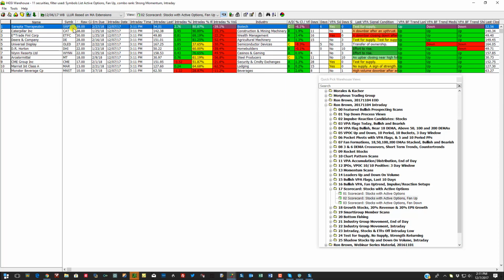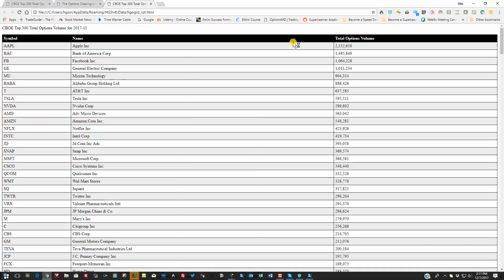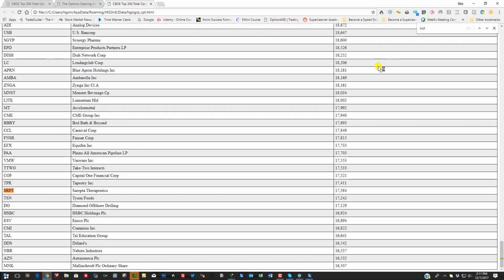So here is SRPT. I'm going to go back to this, click on here, Control Find, and it does show up in the OCC, and you can see that its options volume is lower, but it is still among the top